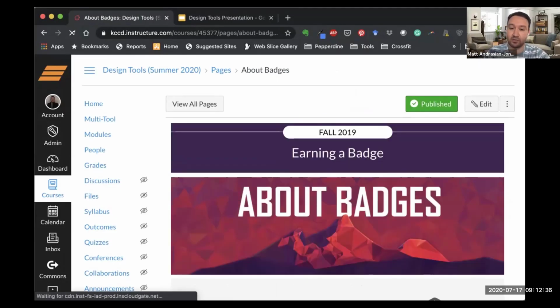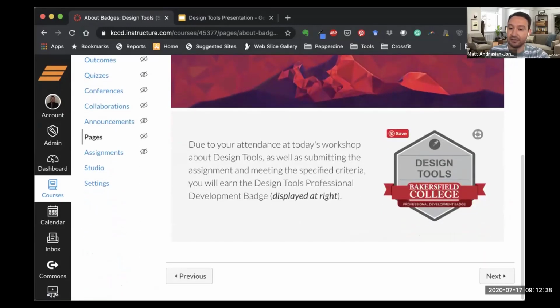By attending today's workshop, you will earn the Design Tools badge. And the Design Tools badge is one badge of the online readiness badge. So that is one badge that moves towards the overall online teaching badge. As we get closer to the end of the session, I'll go over that whole structure again so you can see the badges. But just know, for today, you will be earning the Design Tools badge. And in order to earn the Design Tools badge,